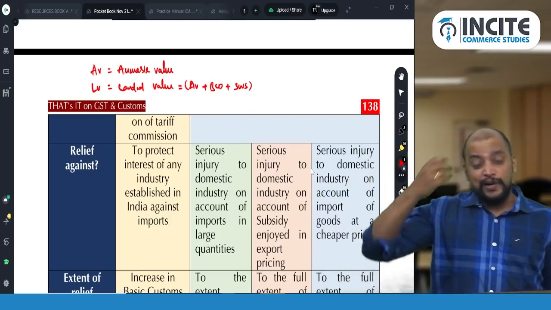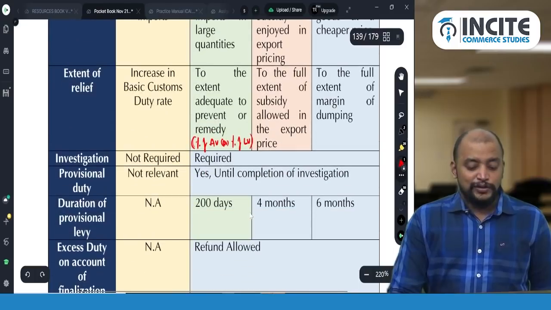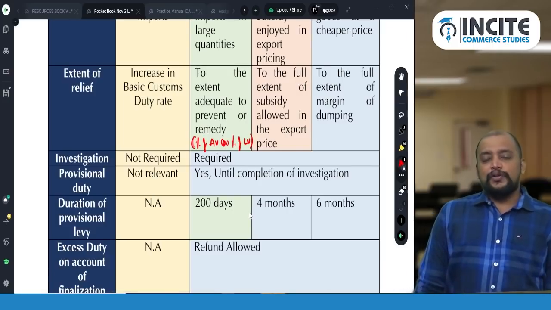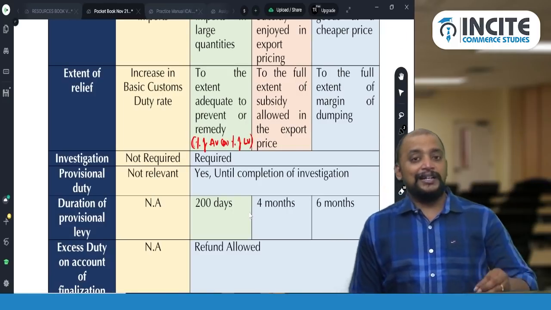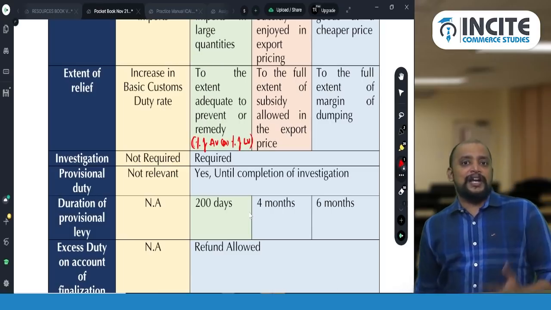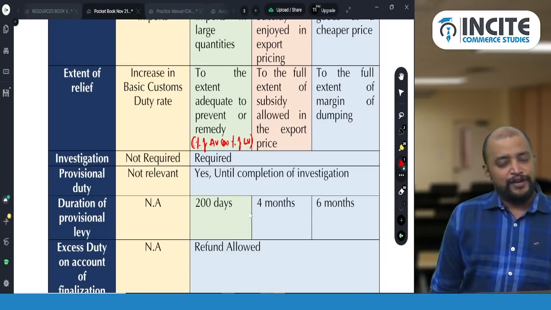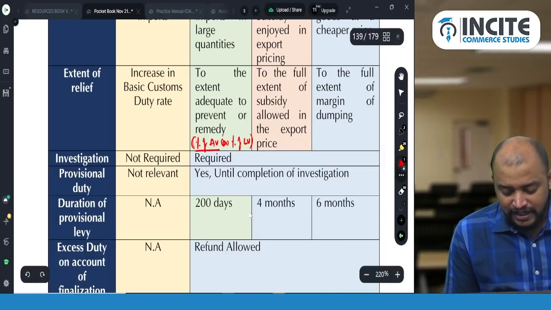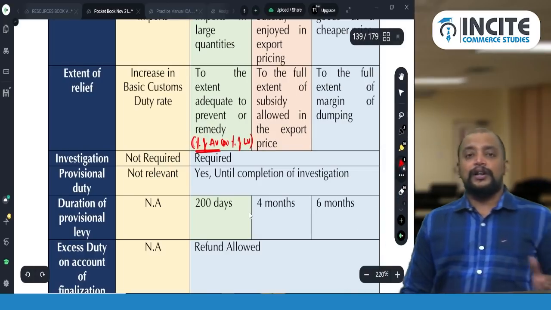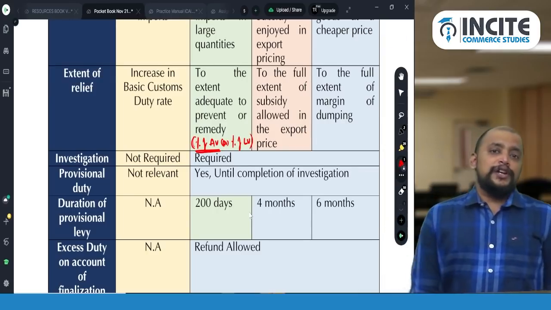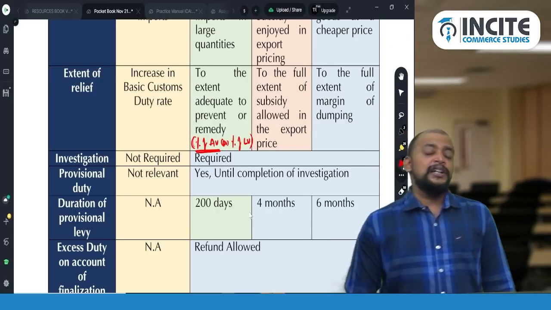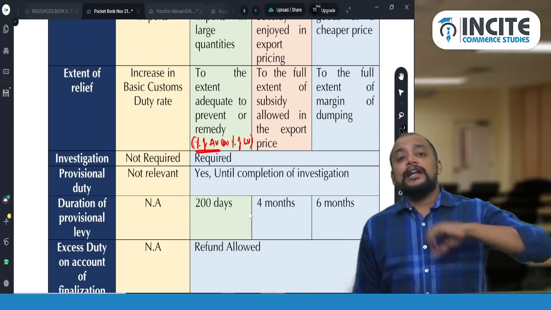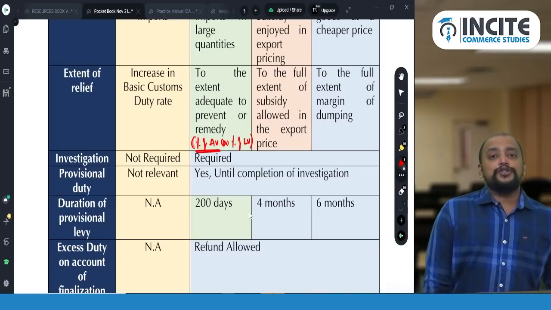Depending upon the question, suppose if the question is silent, you take assessable value. If the question specifically says that this is this percentage of assessable value, or this percentage of landed value, then you take that specific information. In the absence of that information, we need to take percentage of assessable value only, and we need to write a note clearly mentioning that as there is no information regarding computation of safeguard duty on what, therefore assessable value is considered. But mostly 99% of the cases they will be giving what is to be taken.